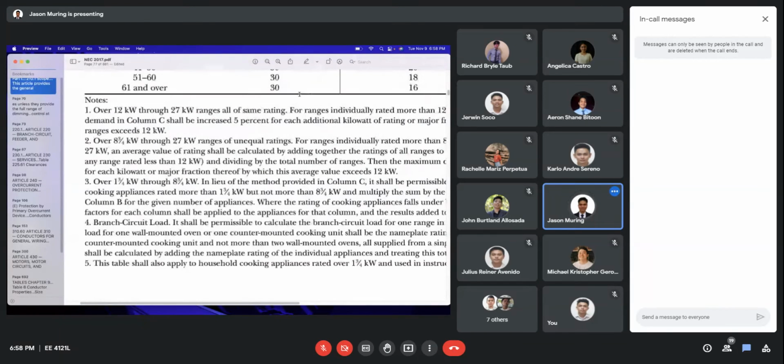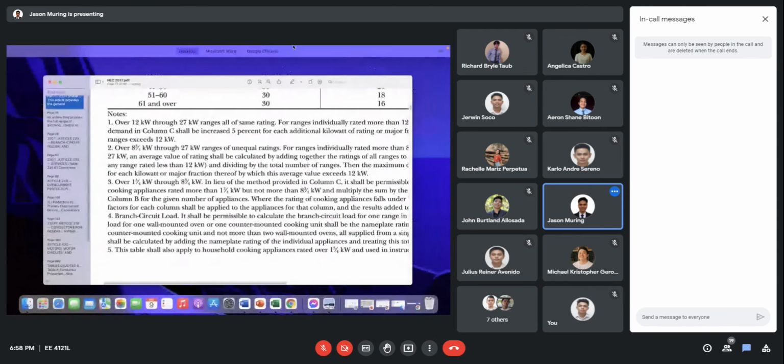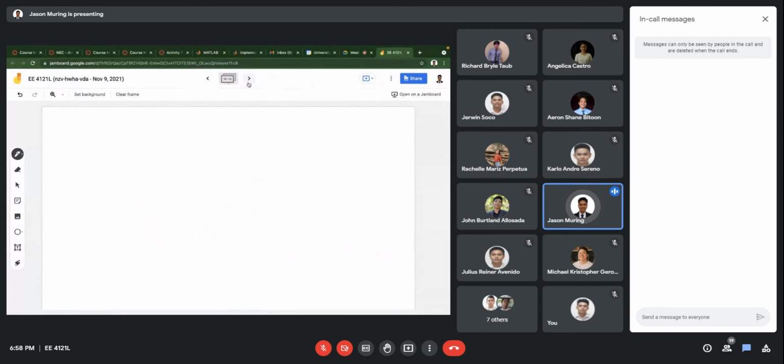Let's say that we have 2 kilowatt, 3 kilowatt, and 2 kilowatt. So we have 2 kilowatt, 3 kilowatt, 2 kilowatt. Okay, so we have this number of loads. So therefore, if we are to obtain the total, first, according to note 3, you have to add up the ratings. So this gives us 7